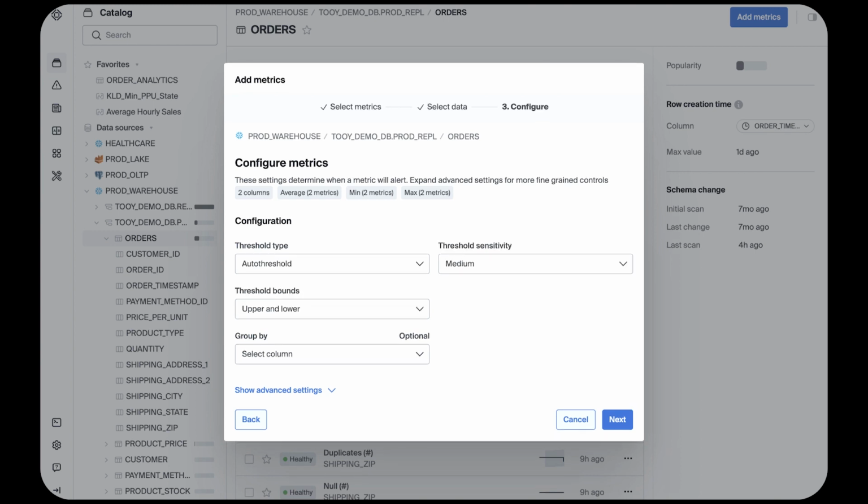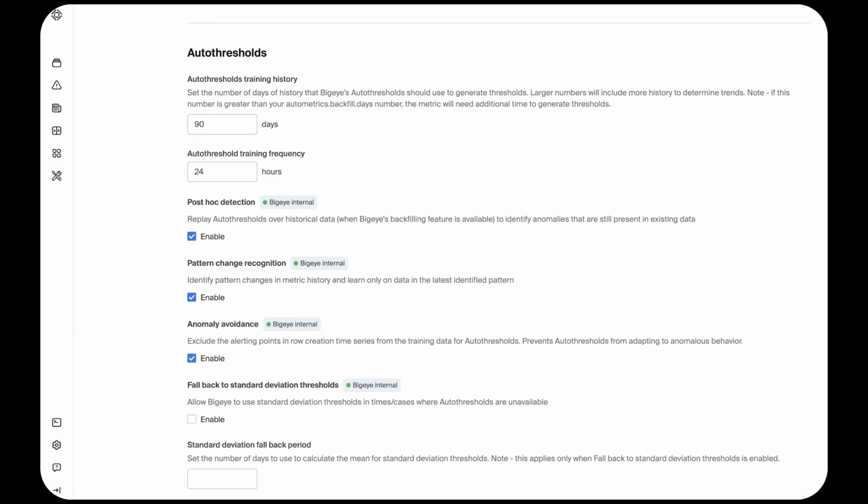Finally, the most intelligent thresholds that Big Eye supports are auto thresholds, which are generated when Big Eye trains a machine learning model on your own data to advise what is and is not anomalous. There are several advanced settings and many configurations that help define how this will work. Let's look at a couple of them. The training history, which defaults to 90 days, represents the number of days of history Big Eye uses to generate auto thresholds.